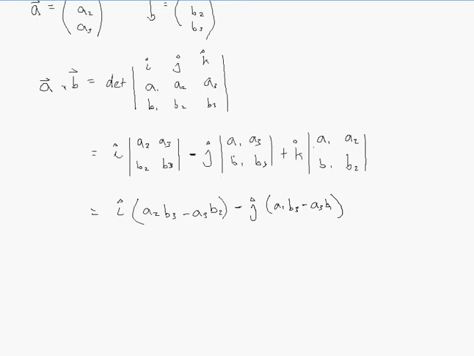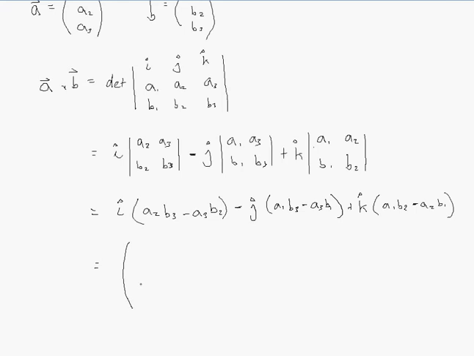It's just this times this subtracted from this times this, plus K unit vector times A1, B2 subtracted from A2, B1,